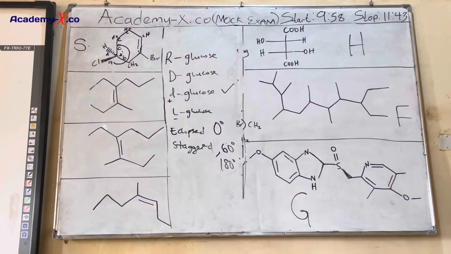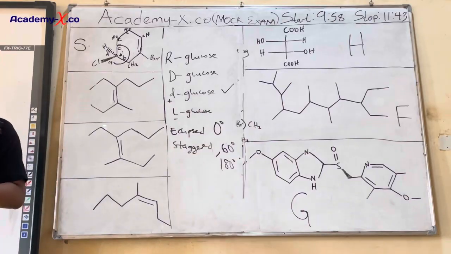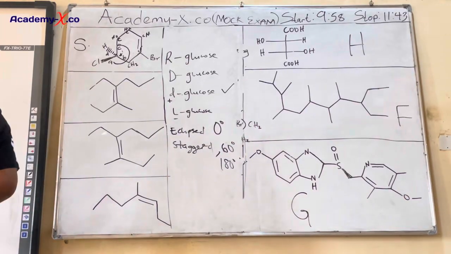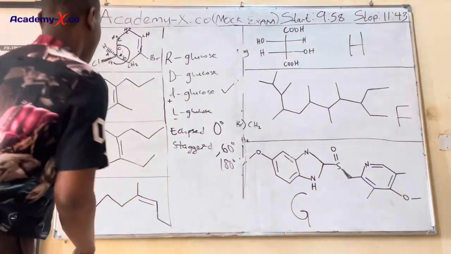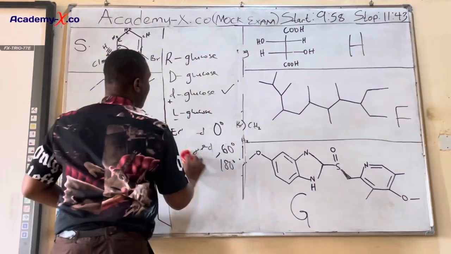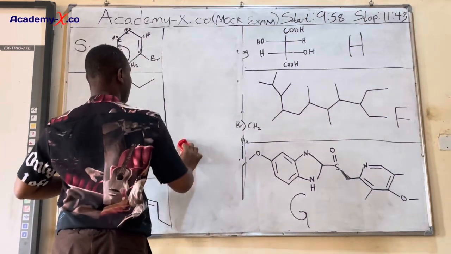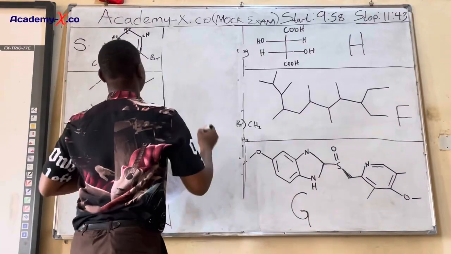Newman projection is the one that has that circle, while sawhorse is the one that looks like a horse. Now, the correct drawing is